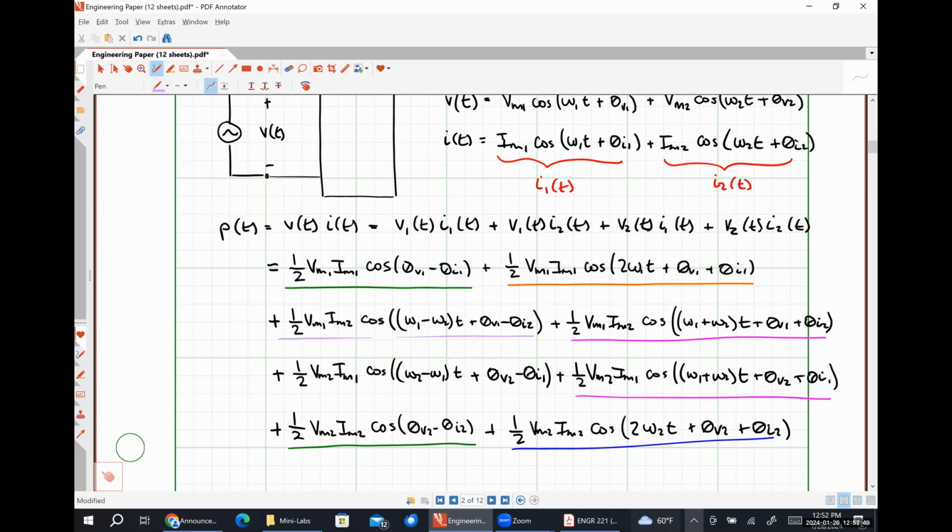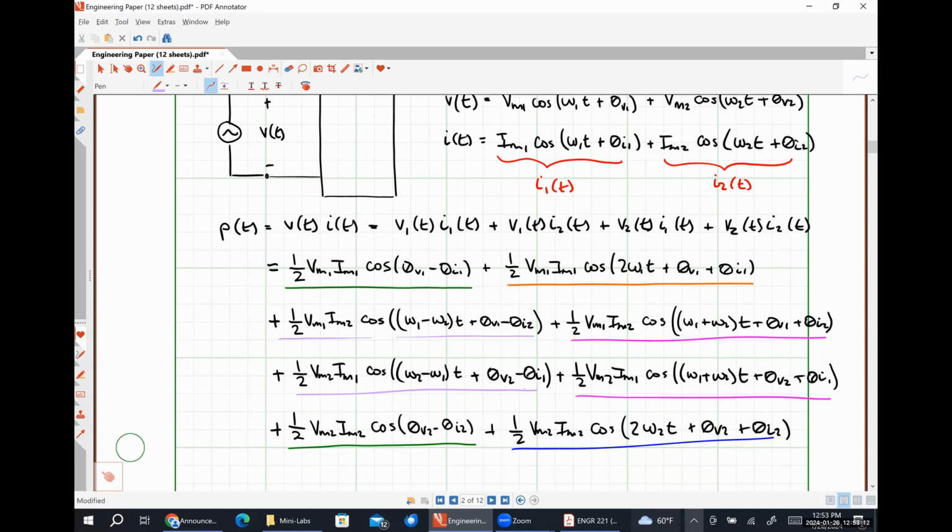And this term and this term are oscillating at a frequency of the difference between omega1 and omega2. And I can say that because I know that cosine of x and cosine of negative x are the same thing. So omega1 minus omega2 times t looks like omega2 minus omega1 times t. It's the same